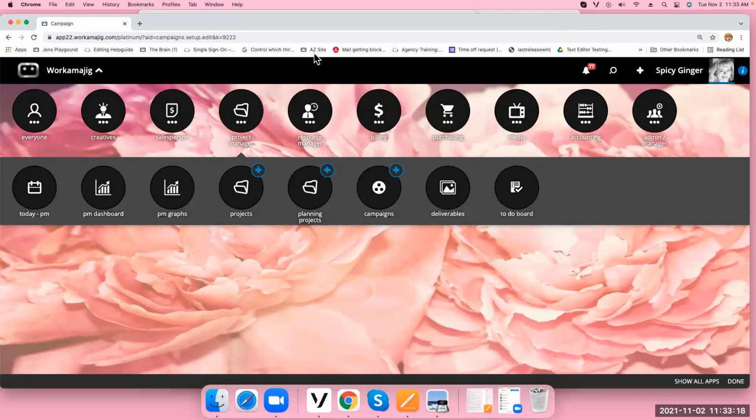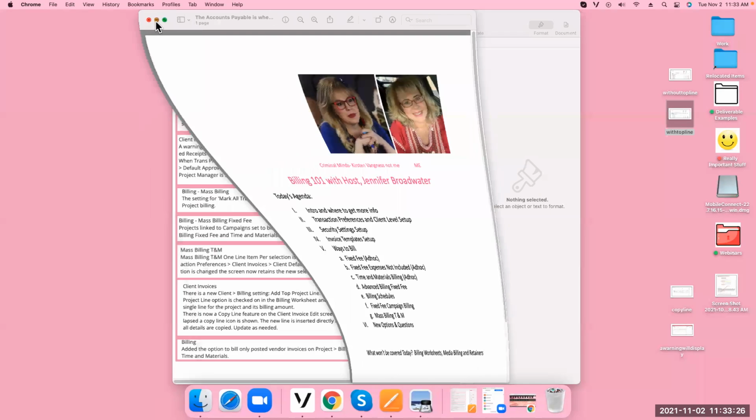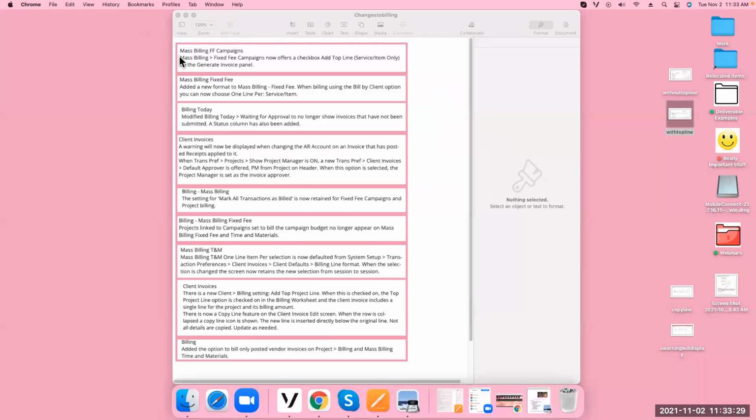All right, so the last thing I wanted to talk about today, I'm going to go back to a couple of things on this back end. So you guys kind of know, these are some changes that were recently made in the last few months to the way that billing reacts. This is that check mark that I just showed you, if you want to add that top line service notice. This mass billing fixed fee, we added a new format for fixed fee. When billing using only the bill by client option, you can now choose one line per service and item. So it's just a choice inside the